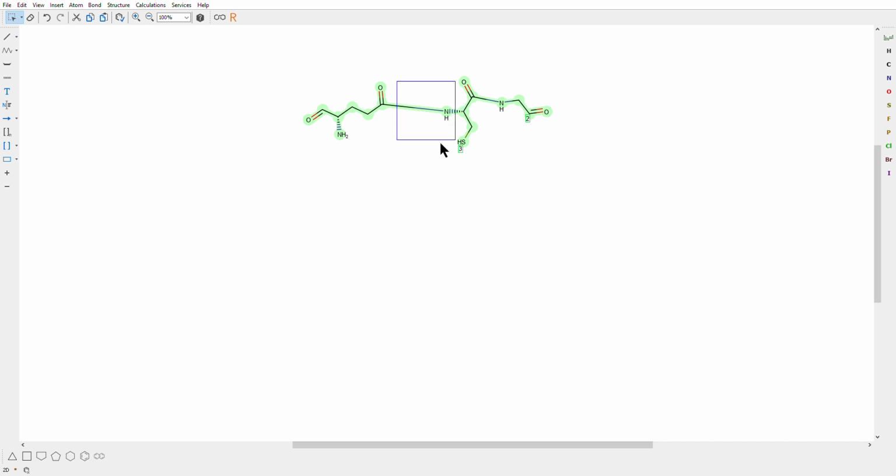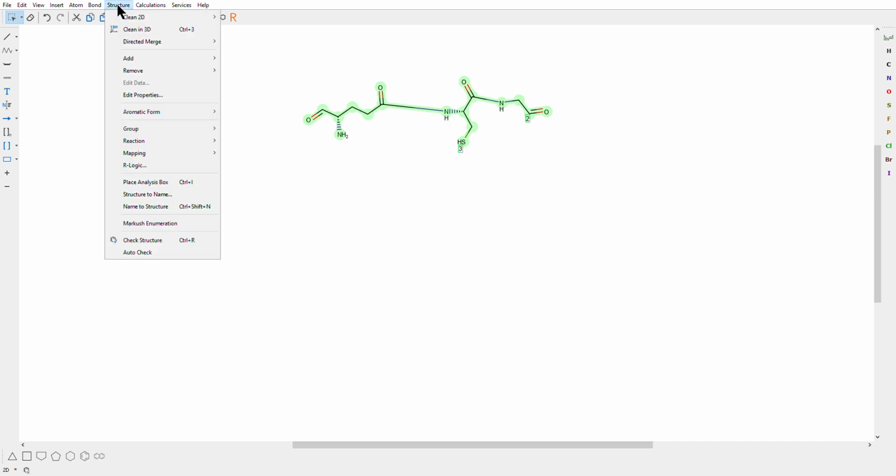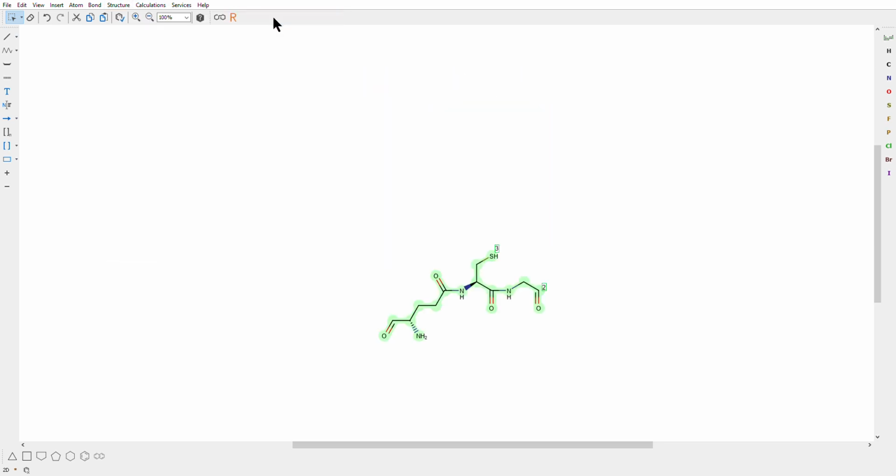We select the whole molecule and we do a structure cleanup. See, so this is much better, and we undo it and we select and move. Now let's take a look. This group is a carbonyl group. This is supposed to be the